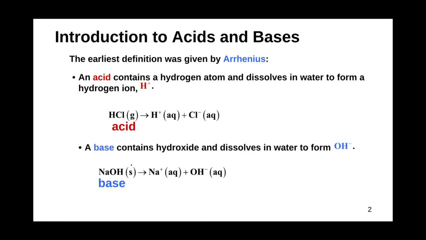So we have sodium hydroxide as a solid. It dissolves in water to form aqueous sodium and aqueous hydroxide, with the key here being the hydroxide, the OH minus here, and the proton being the indicators of an Arrhenius acid and base. But